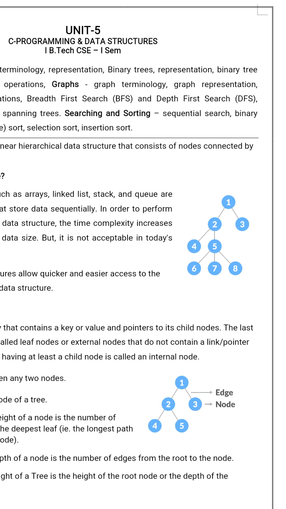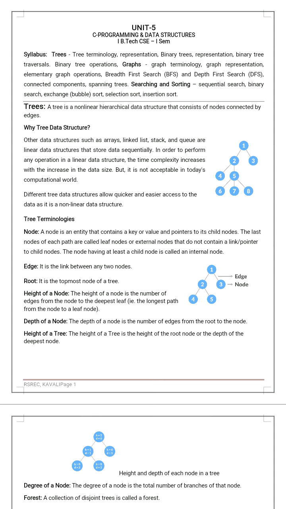Okay, so here suppose 1 is the root node and 2 and 3 are the children of the root node, and 4 and 5 are the children of the second node. So like this, 3, 4, 5 are the leaf nodes and 2 is the internal node. Then 1 is the root node. Root node means the topmost element. A root node has no parent. A leaf node has no children. So a root node is one which has no parent.